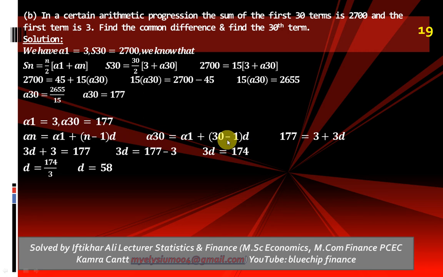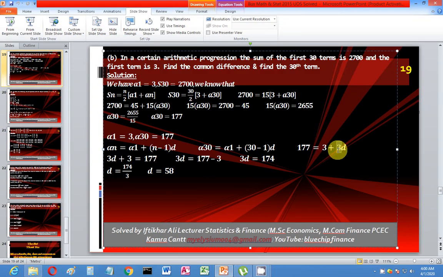equals 29d. So 29d plus 3 equals 177, and 29d